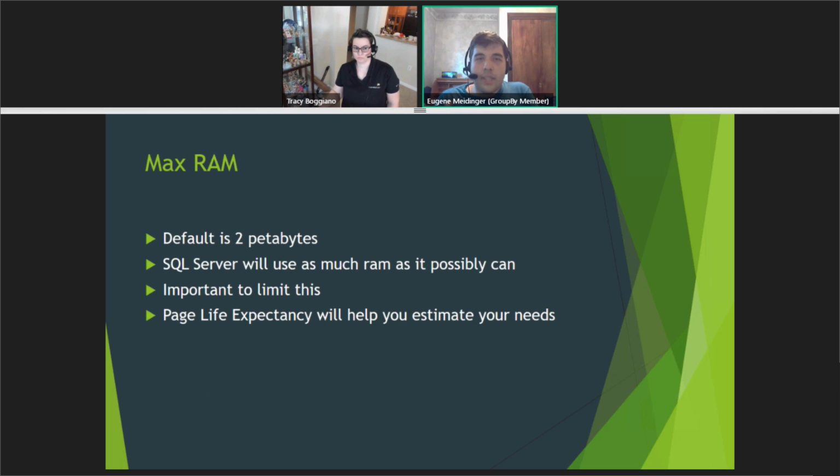Max RAM. This is an example of where the defaults for SQL Server are just garbage. Garbage, garbage, garbage. The default max RAM for SQL Server is, if I did the math right with my calculator, 2 petabytes, which is a lot. I don't know if they make machines with that much RAM, but I'm sure they're getting close at this point. SQL Server will use as much RAM as it can. And so you may have a situation where you've got 64 gigabytes of RAM and SQL Server is taking 60 of them. And it's potentially choking out the operating system or other procedures or whatever,